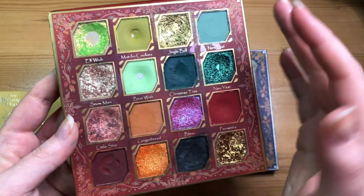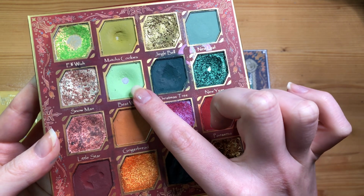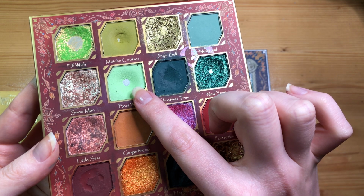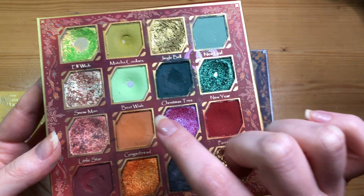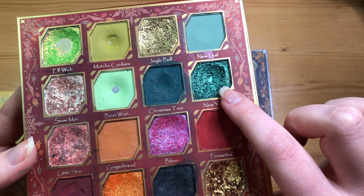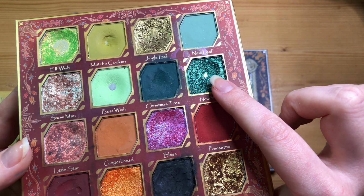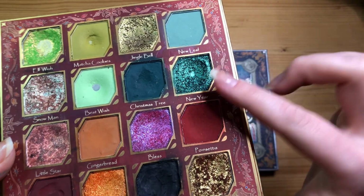The next shade that went down was the shade Best Wish, which happened when I was using this palette for the 41st time, and it was 19th time using this shade, so it takes 19 uses. Then the shade New Year takes 12 uses to hit pan on, and it happened at my 60th look, or the 60th time using this palette. And it's because this one is chunkier, so you're actually getting a lot on your brush and you're taking a lot out,